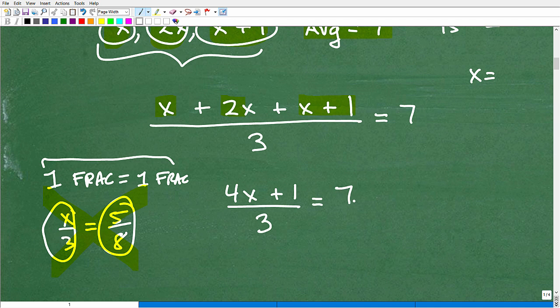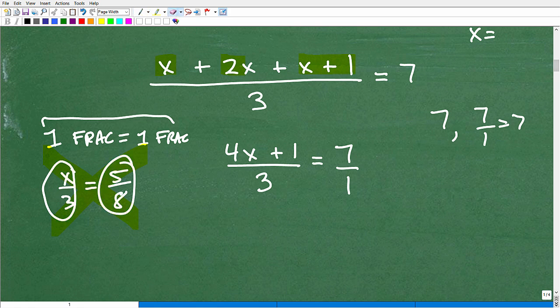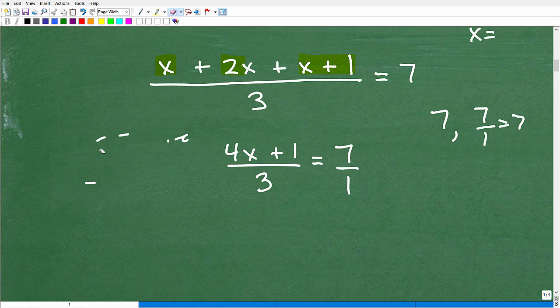No, just relax. 7 is in fact a fraction. If I want it to be a fraction, I just put it over 1. So 7 is the same thing as 7 divided by 1, which of course is 7. So anytime you want to see a number expressed as a fraction, just put it over 1. Now I have one fraction equal to another fraction. This is a beautiful thing in algebra, because I can just say, you know what, I'm going to use the cross product, which is one of the nicest things to use when you're solving these basic equations. So that means I can multiply